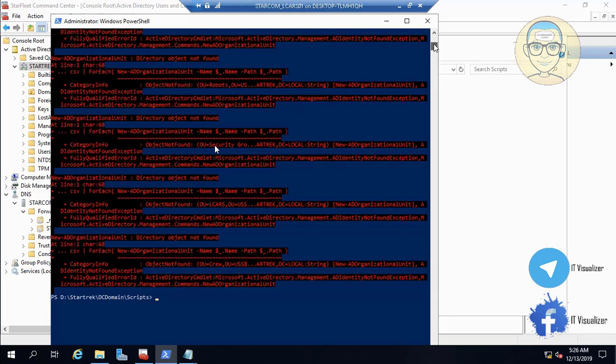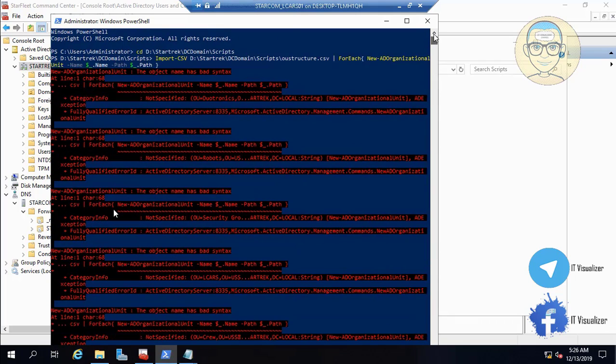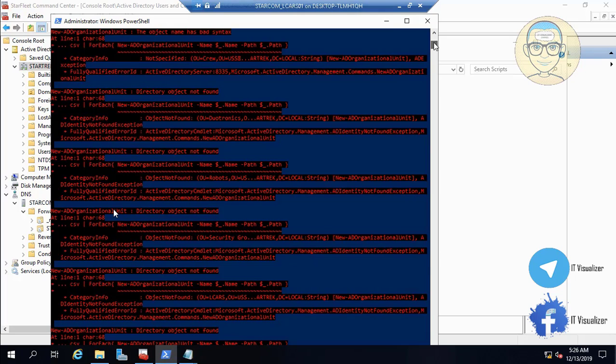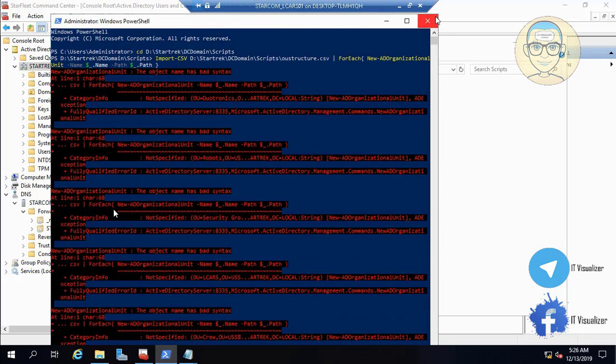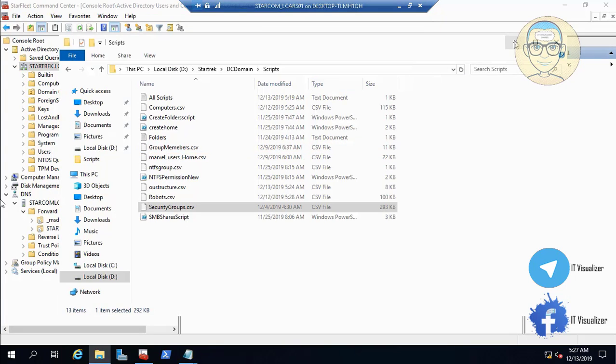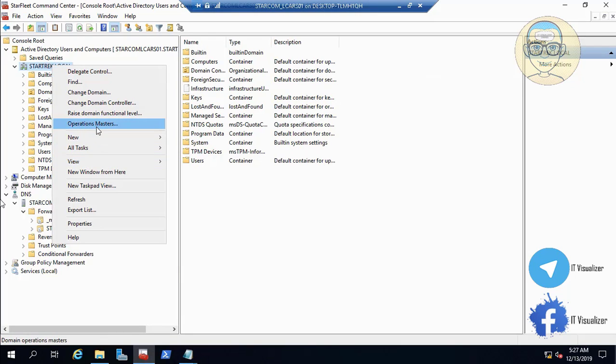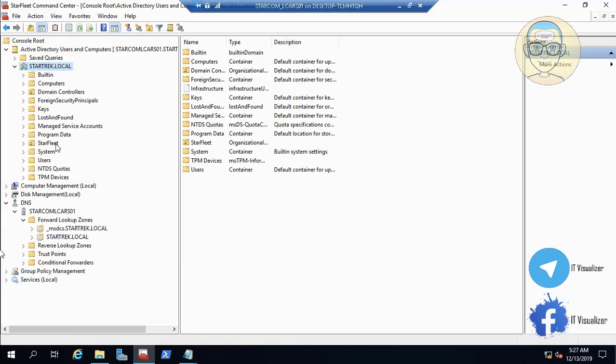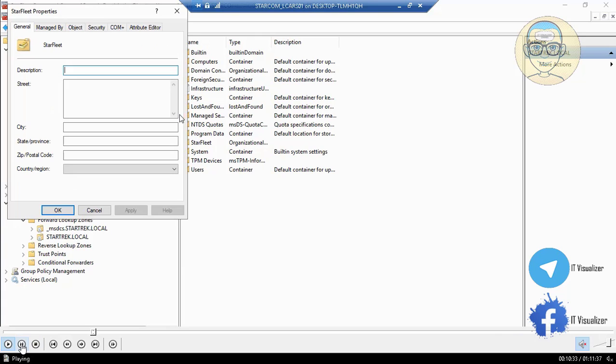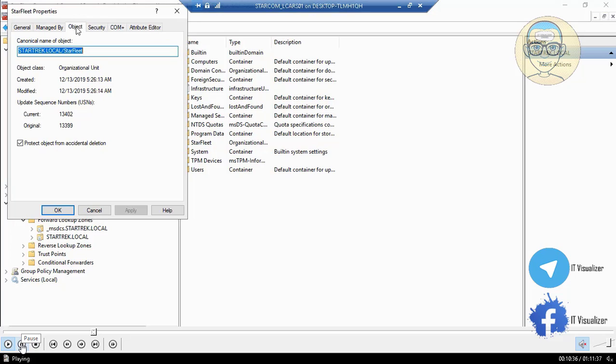Take care that you cannot create dashes in any Active Directory organizational unit. Okay, as I said before, let's see. I will show you what I mean. If we return back and make a refresh, what we will see now is, apply, and okay, I will delete it already, but I need